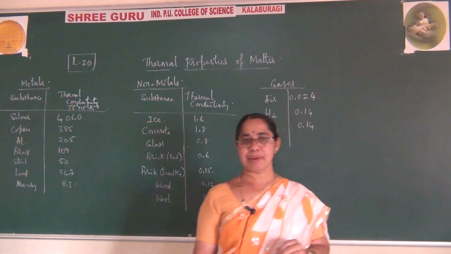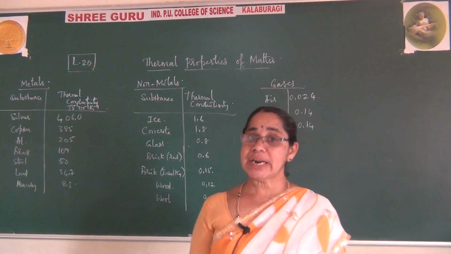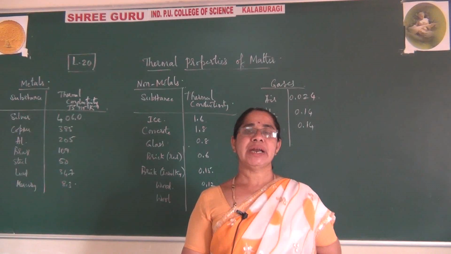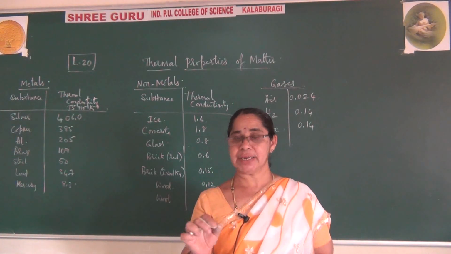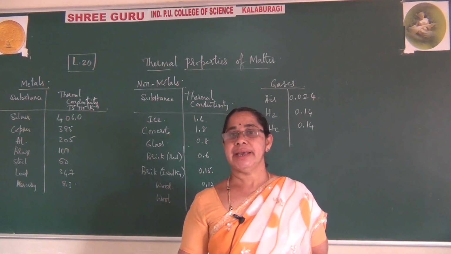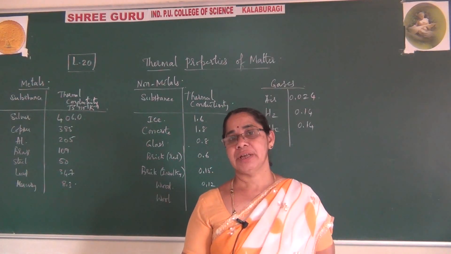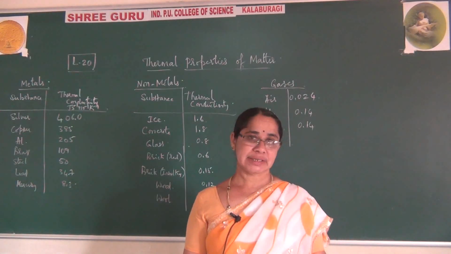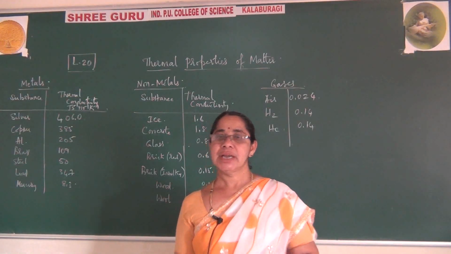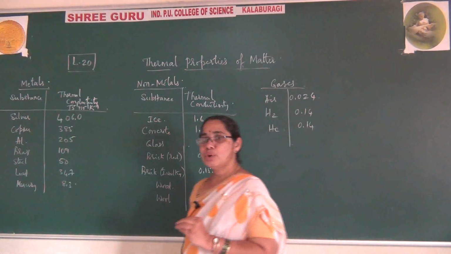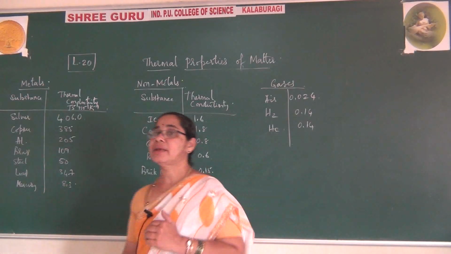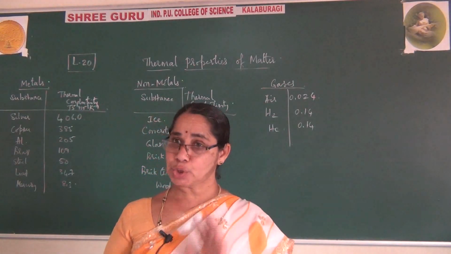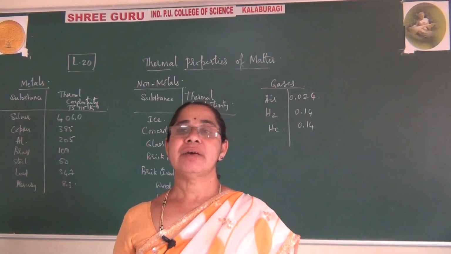Okay. Now just remember, in the previous class I talked about good conductors of heat. Good conductors are the substances which allow heat to pass through thoroughly. The substances which do not allow heat through are called bad conductors of heat. Only these definitions we have learned and I gave a few examples. But now, to explain, if you need thermal conductivity where the heat should conduct throughout, at that time we take the help of metals.